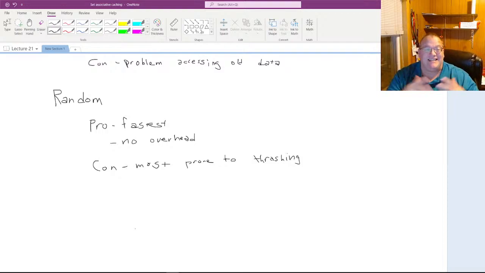So thrashing doesn't continue for a long period of time, most of the time, right? Because you could pick the wrong one every single time. The odds of that happening are really low, but it's possible. And if that happens, well, then that's a bummer. Okay. So those are the 3 different ways that we can do replacement. All right. So now let's talk a little bit about